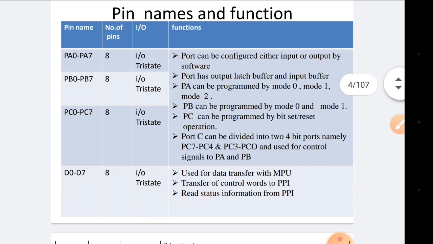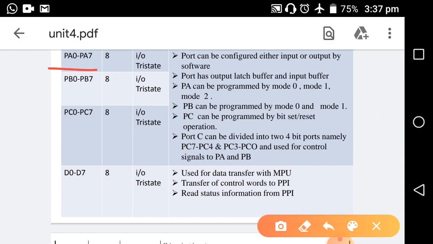So in the 8255 we have 3 ports: port A, port B and port C. These are 8-bit ports, and we have further studied that port C is divided into 2 parts, PC upper and PC lower. PC upper is associated with port A, which forms group A, and PC lower along with port B forms group B. We will discuss this further in the control word register for the IO mode selection.